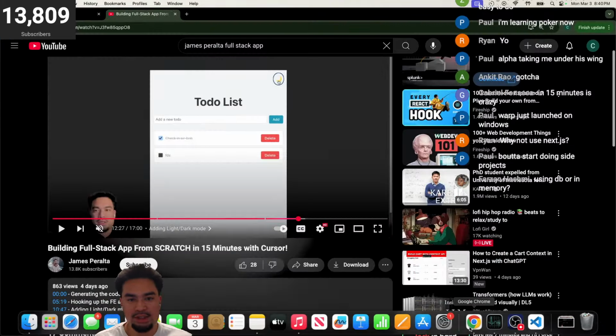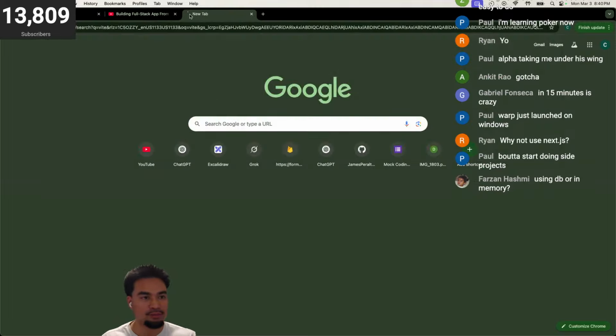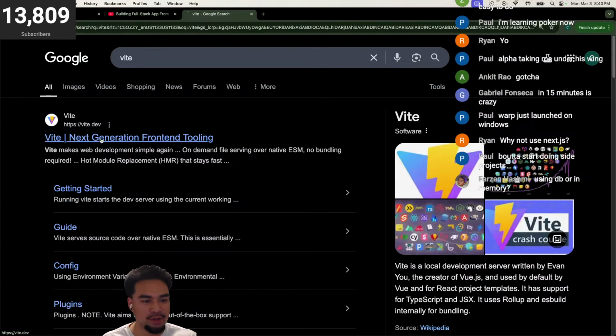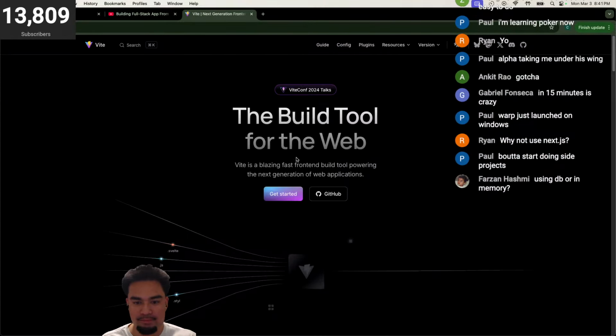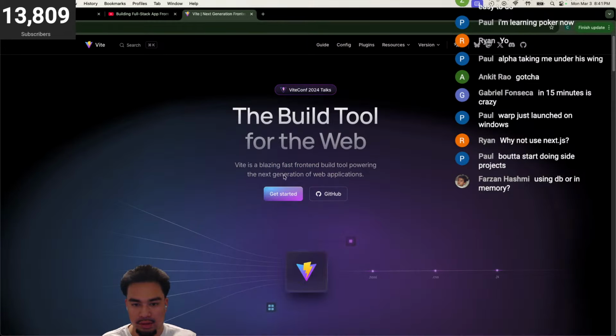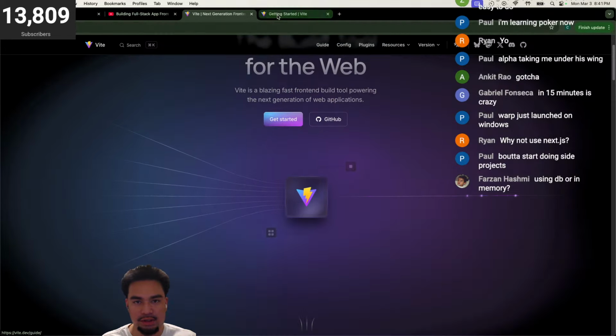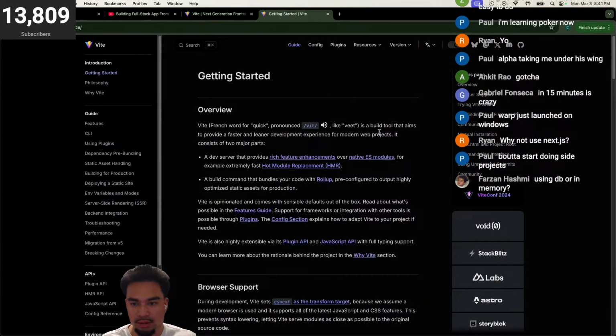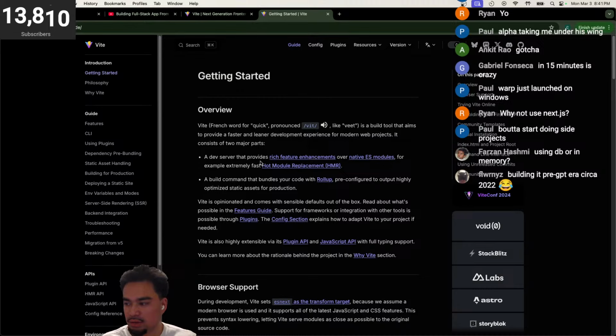So I actually never used Vite before, so I'm gonna have to look this up. What is Vite? The next generation front end tooling. Okay, get started. So what is Vite? Vite is a build tool that aims to provide faster and leaner development experiences for modern web projects. It consists of 2 major parts: a dev server